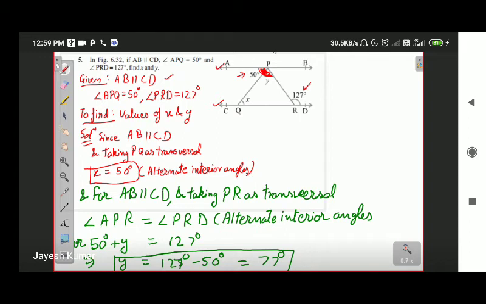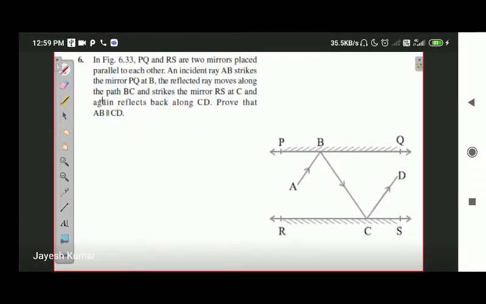Next is question number 6. This is one of the tougher questions, one of the harder questions of your exercise. This is a question regarding a mirror. In the diagram, you can see that on line PQ and line RS,